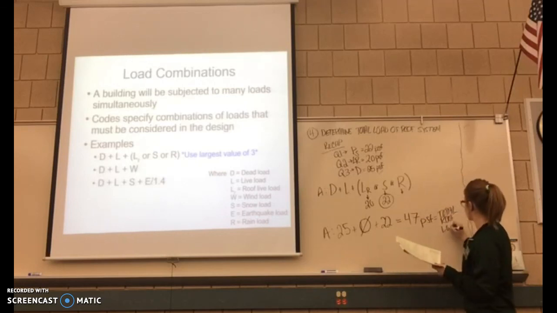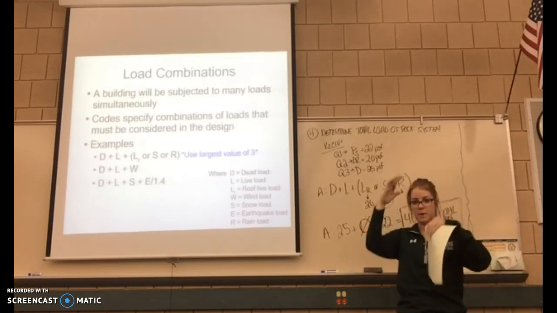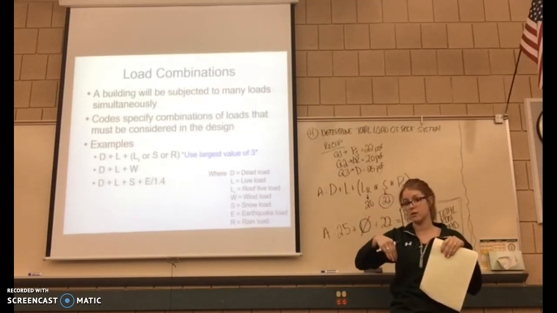All right, so our total roof load is 47 pounds per square foot. So every foot by foot piece, there's 47 pounds pushing